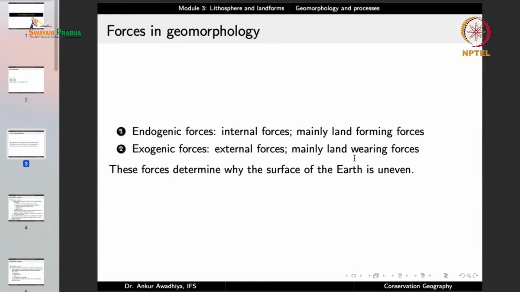So essentially what we are saying here is that we have two different kinds of processes. One is the endogenic processes that are done by endogenic forces, which originate inside the earth and they create land. On the other hand, there are exogenic forces which originate outside the earth and their main role is to wear